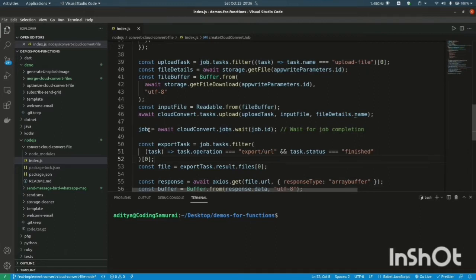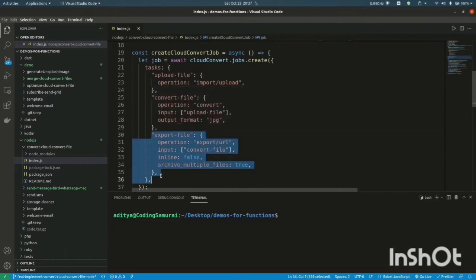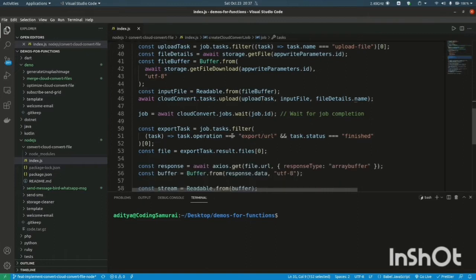Now once we have received the response, then we have to call job.tasks.filter, and this time we want the final tasks output because we want the URL from where we can download our file. So that is what we are doing. Inside the tasks of that job that we created, we want to filter the task whose operation is to export a URL, and also we want to confirm that the task has been finished. That is why we are saying task.status is finished,